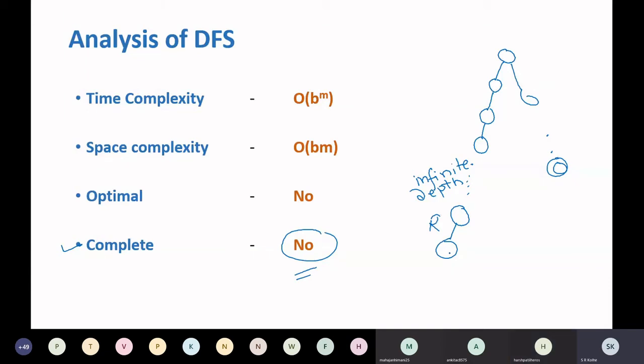So if I ask you a question that why this DFS is not optimal, you will be able to explain it clearly. Similarly, why is this algorithm not complete? Because if the search tree depth is infinite, it may not return you the solution.